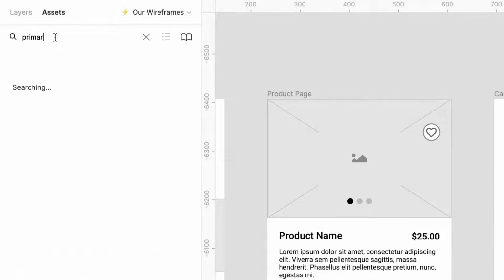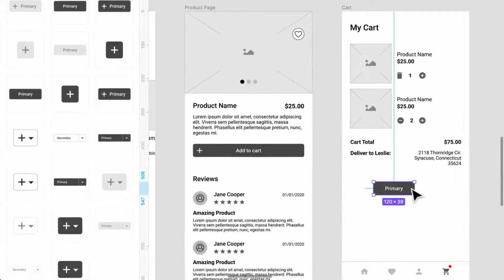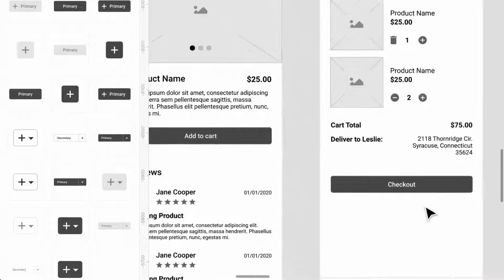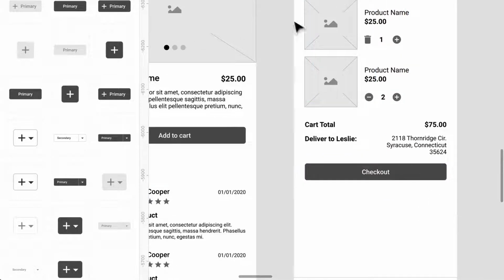So primary button, there we go. Perfect. So we are definitely thinking about like the hierarchy over here. You know, my assumption right now is people want to see the items in their cart and then maybe some other items